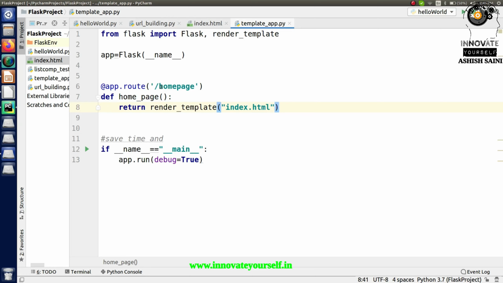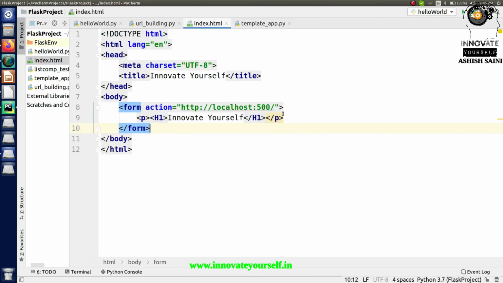Now, one more thing, just copy this name in here as well. And one more thing, this is 5000 not 500, right? So just paste it here, right? So now when you open this API, you will see that it will open this page, whatever you are creating in here. Whatever tags you add in here, it will call this part, and it will display it on this particular API which you are creating, right? So this is how exactly we will do it.